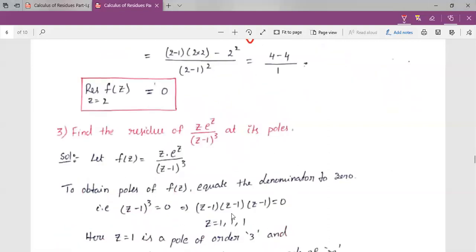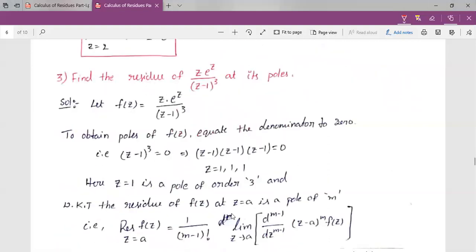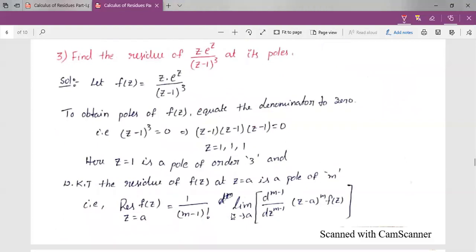Next, see problem 3. Find the residue of z into e power z by z minus 1 whole cube at its poles. Let f of z equal to z into e power z by z minus 1 whole cube. To find the poles of f of z, we equate the denominator to 0. Here z equal to 1 is repeated 3 times, so z equal to 1 is called a pole of